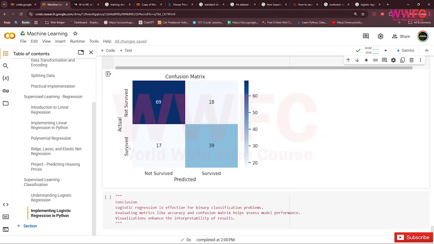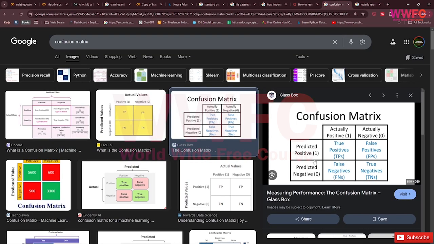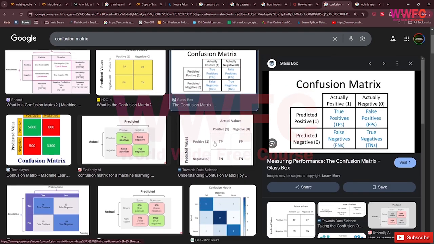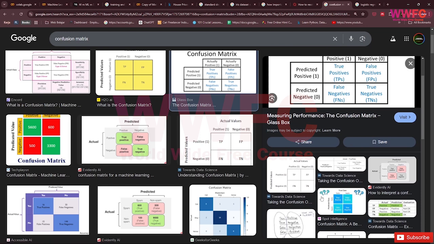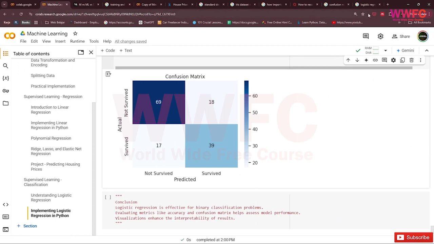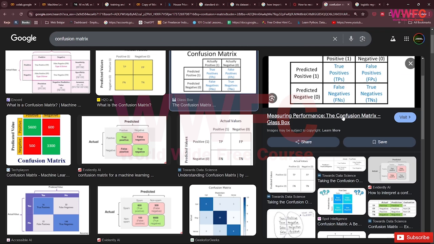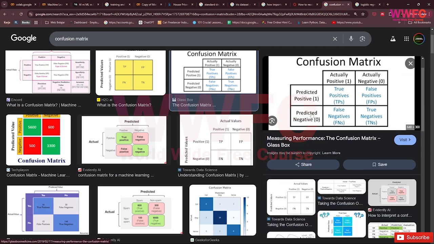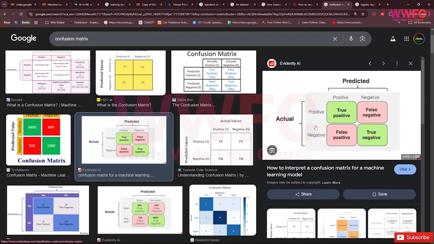So the actual is survive, but in the predicted value they predicted not survive. Here, this is actual, and this is a false positive.